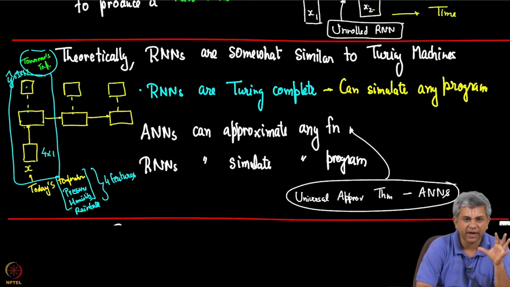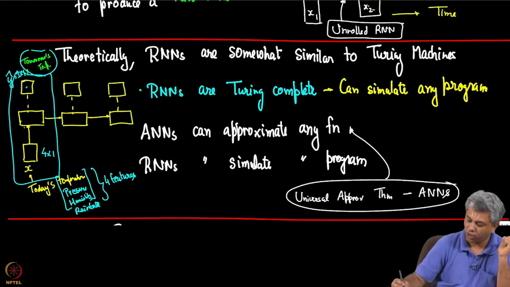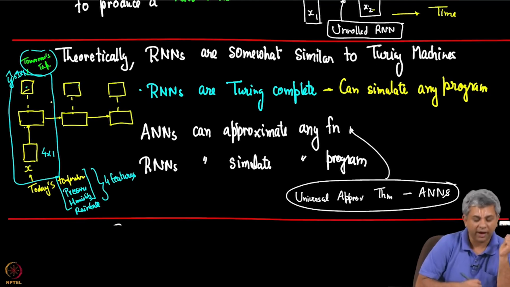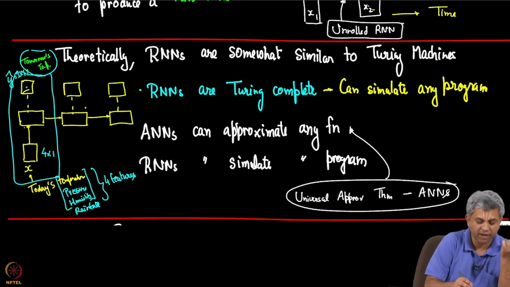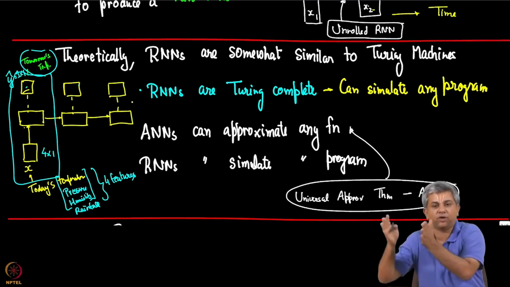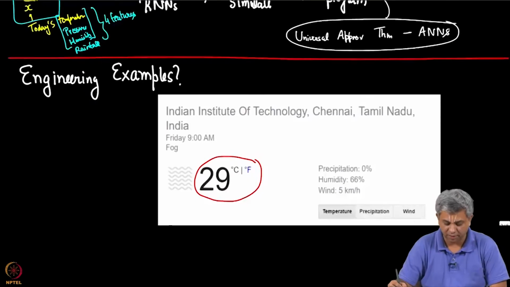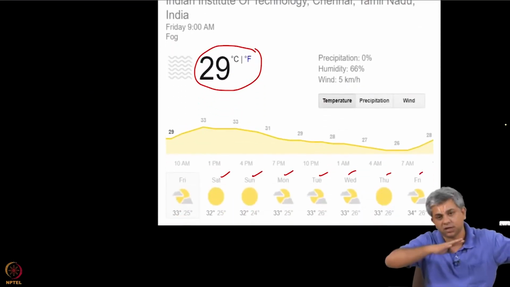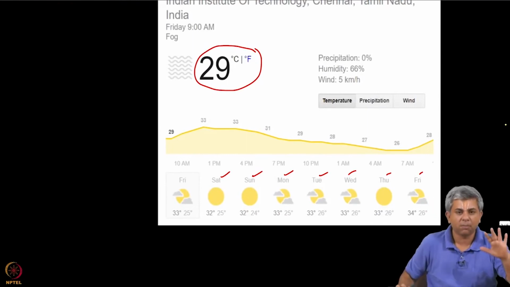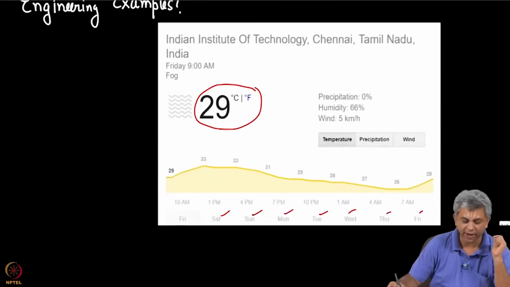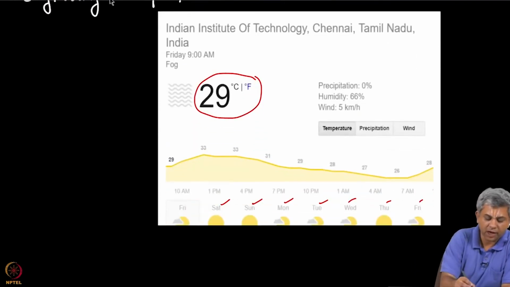Now, that is kind of encoded within an RNN. You recognize that somehow the relationship here is similar to the relationship here, and from Sunday if I want Monday, that relationship is also similar, then again Monday to Tuesday, and so on and so forth, which is what is being done. Of course, if you do this in practice and have a small error at some place, it will propagate and grow. But this is the basic idea behind an RNN, which is you try to incorporate within the RNN